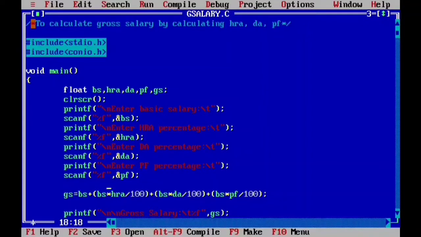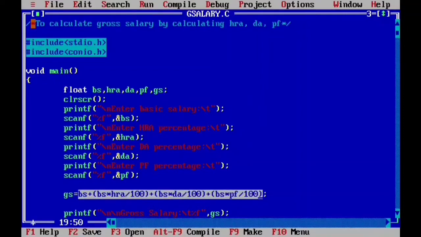Now after scanning we are calculating gross salary by implying this formula, right, this statement. Now here you can see few expressions have been written within the brackets. Right, now precedence means the operator or within the expression what thing have the highest priority.